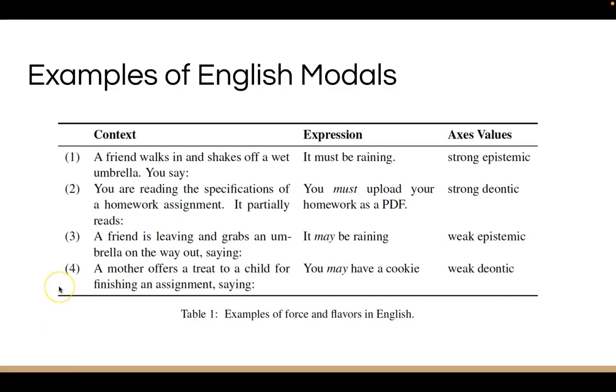From this table, we can also see that English is ambiguous between flavors, but not force. Must can represent both deontic and epistemic flavor, as in 1 and 2, but not both weak and strong.